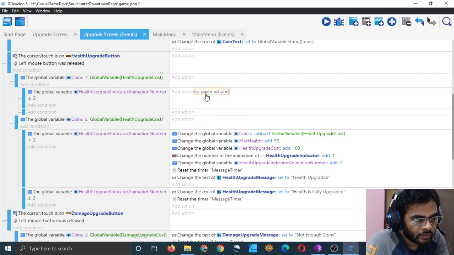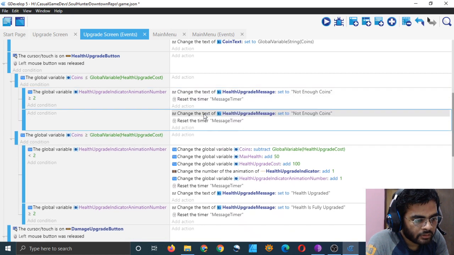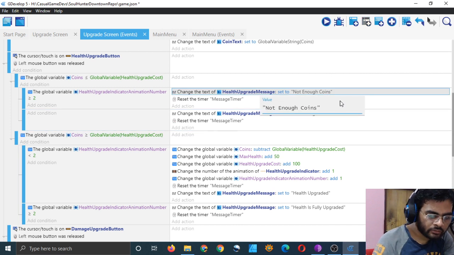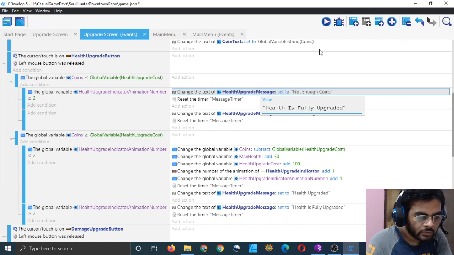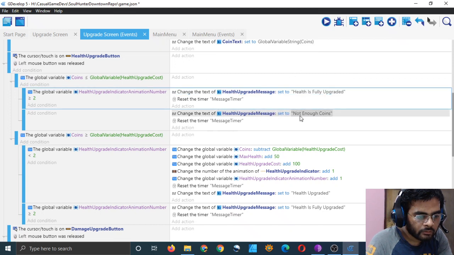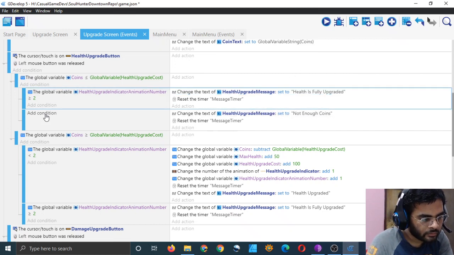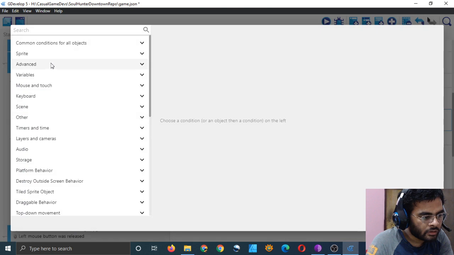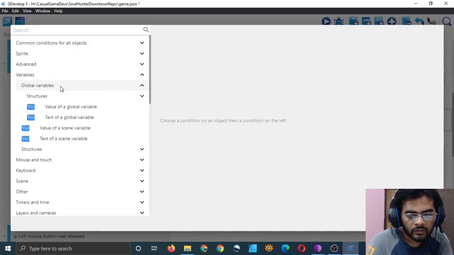Cut this and paste it here, and paste it here also. Here we will give the message health is fully upgraded. That's cool. Here we will have to add a condition first. If this health upgrade indicator animation number is less than 2, then we will say not enough coins. That will mean that you can earn enough coins and come back and upgrade, right?